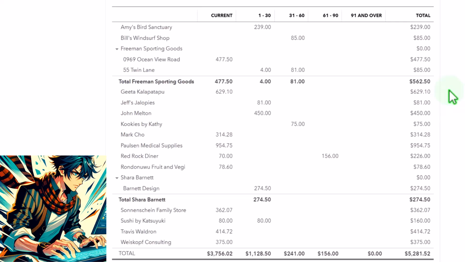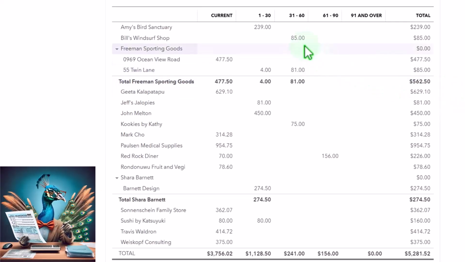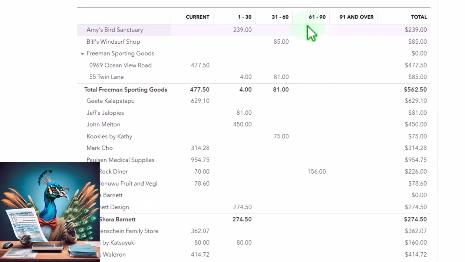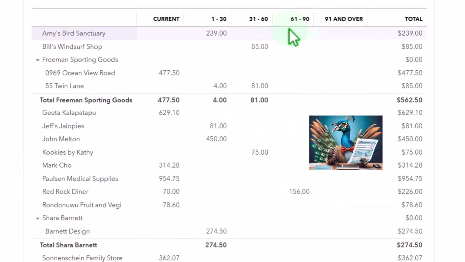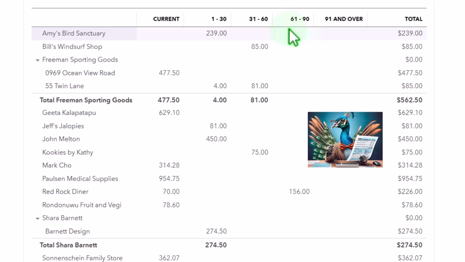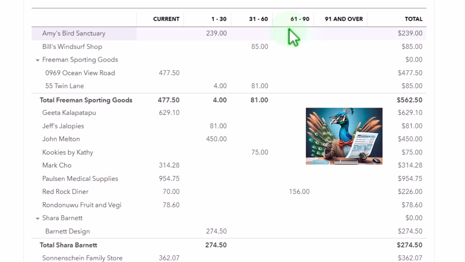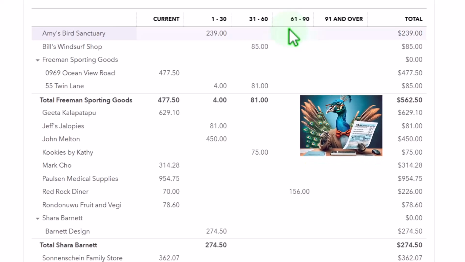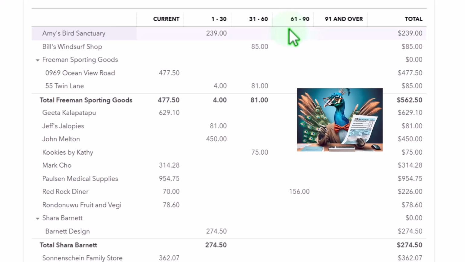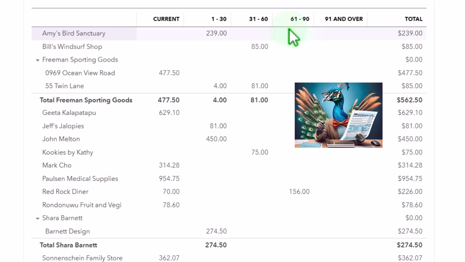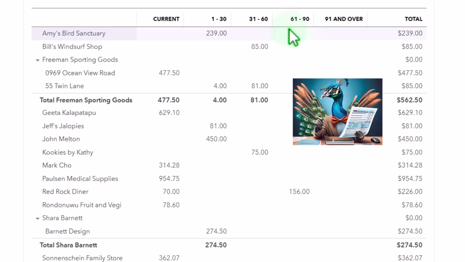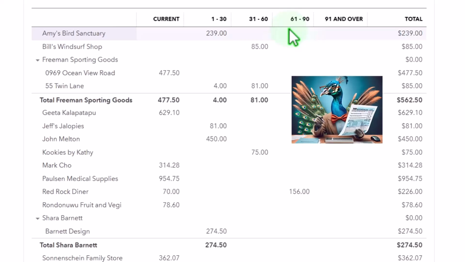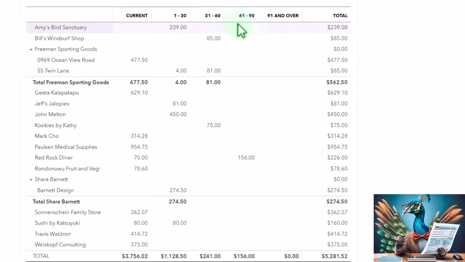But I do know with some level of accuracy that the more past due the outstanding balances are, the more likely we're not going to get paid on them. And I can determine that to some degree by looking at past data. So if I've been in business for a while, I can say I know what the trends are. These people haven't paid us for over 60 days past the due date, so it's likely we're not going to get paid. I can come up with some kind of estimate or percentage that's likely not going to pay us. I don't know who exactly is not going to pay us, but I know that someone's not going to pay